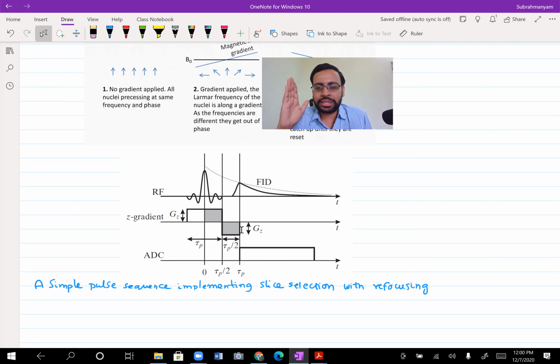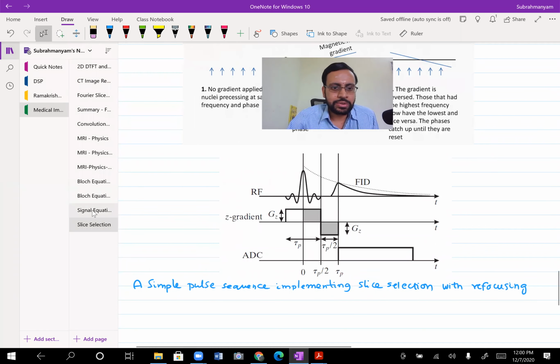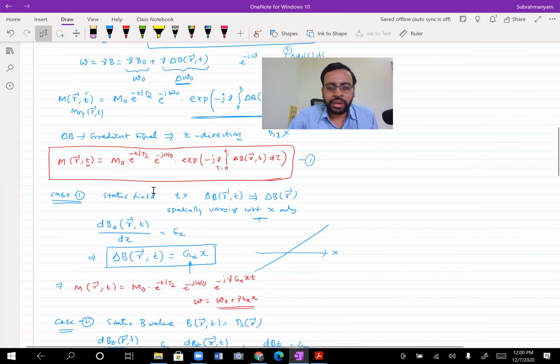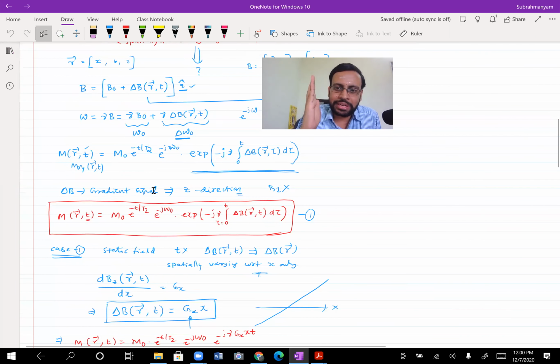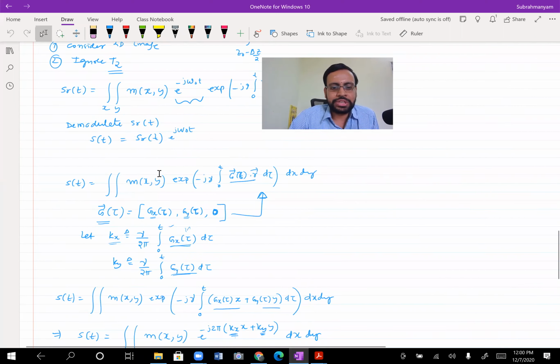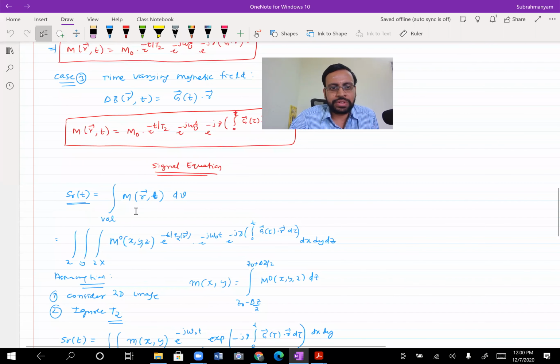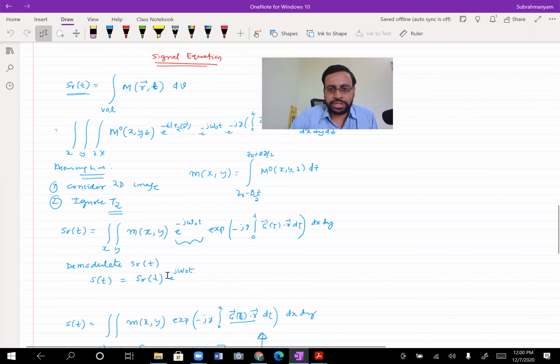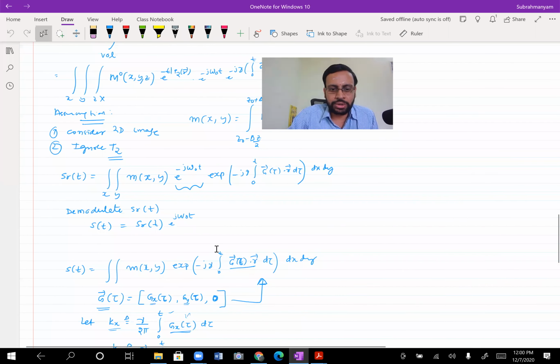What I had not discussed in this course so far in detail is this: in earlier classes, for example in the last class, we assumed that a slice has been given. Within that slice we derived the signal equation for that particular slice, which turned out to be this S_r(t) equation. With that equation we could get rid of this. We did some demodulation as well, and this is what you got there.